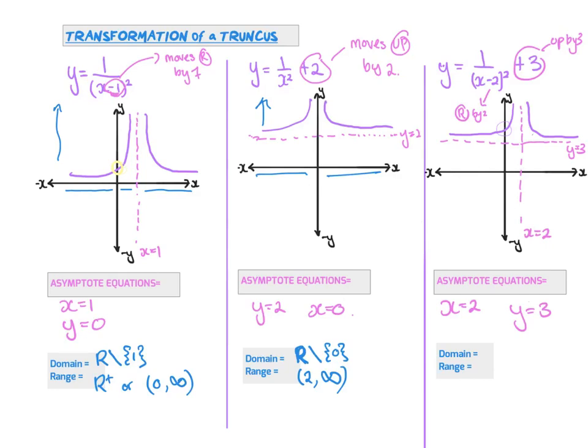So if we look at the domain and the range, you can see the domain is taking on every x value except for 2. So we're going to say the real field except for the number 2. And the range is any number up this way. So it doesn't quite hit 3, but any number above 3, like that. Okay, so going on to the next page,